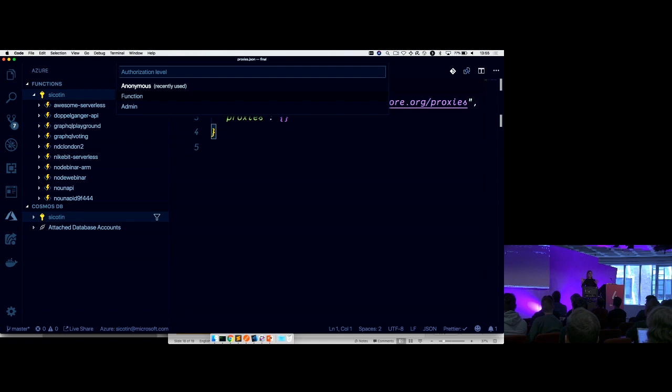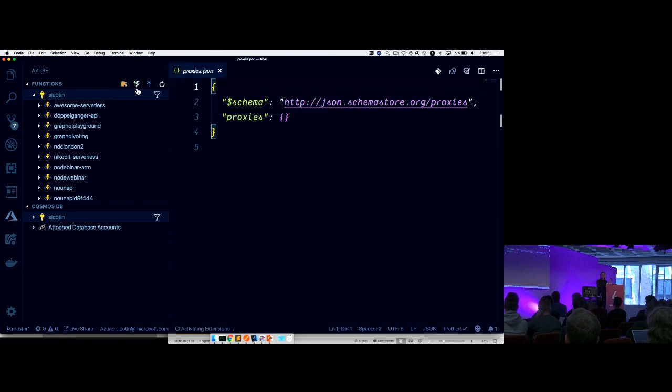So if you run it without that code, you will get a 401 saying that permission is denied. And this is all handled by the platform itself, so you don't have to do anything for that. And then admin means that only my subscription will be able to call into this function. And this can be useful when you want to guard your code you wanted to run in a certain environment. But for me, it doesn't really matter. I'm going to go with anonymous.